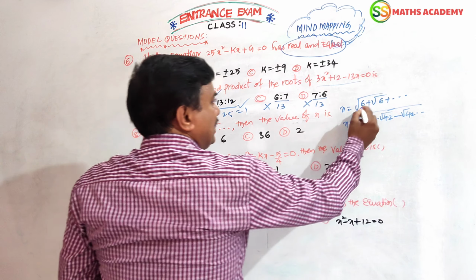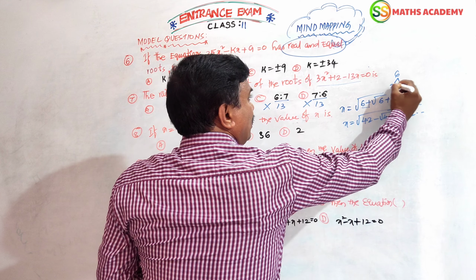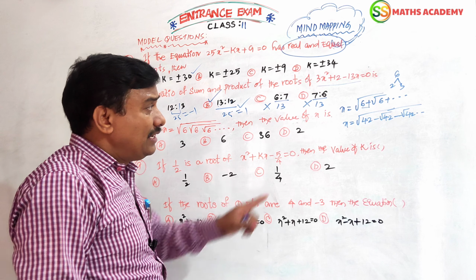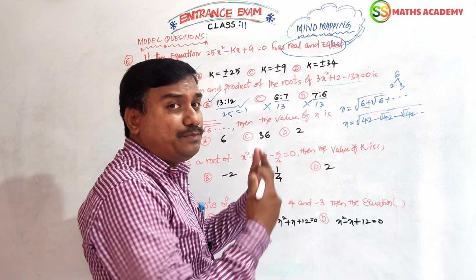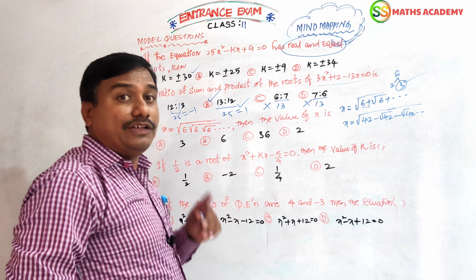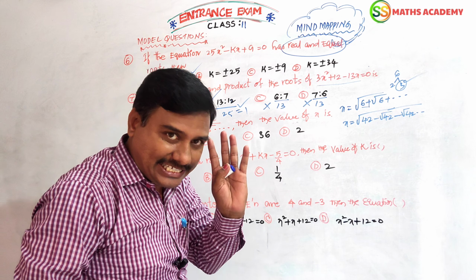First of all, here 6, what are the prime factors? 2 and 3. You can take only prime numbers here. Here what is the sign? Plus. So in this, which one should you take? The big number. This is your answer. When the plus is there, you can take the big factor.